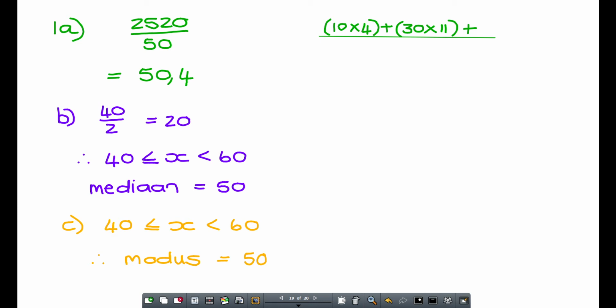You guys good? Okay, I'm not going to write out everything. That is what we would have done. And then at the bottom, we had to say over 50, want dit was mos 50 studente. So the top part of your fraction would have been equal to 2,520, still over 50. We just simplify the fraction, so dan is jou antwoord 50,4. Is julle reg daar? Okay, dan by B vra hulle vir my die mediaan, the median, and that would be